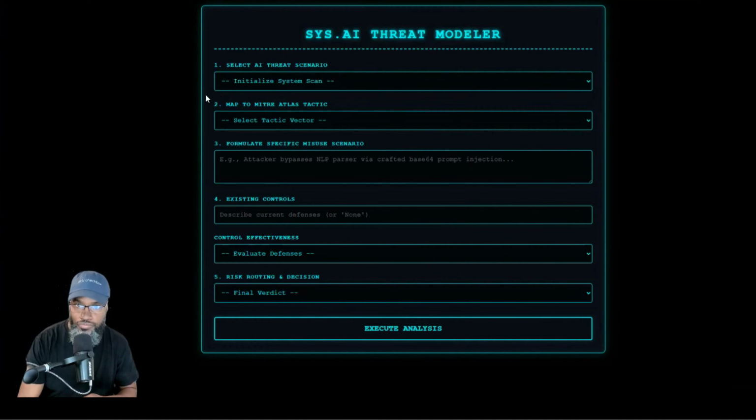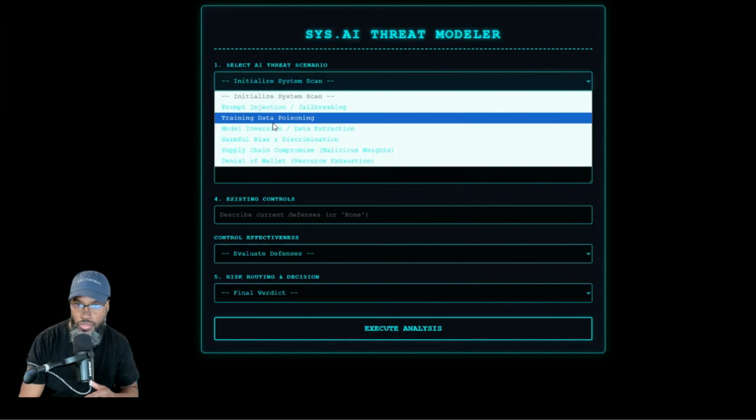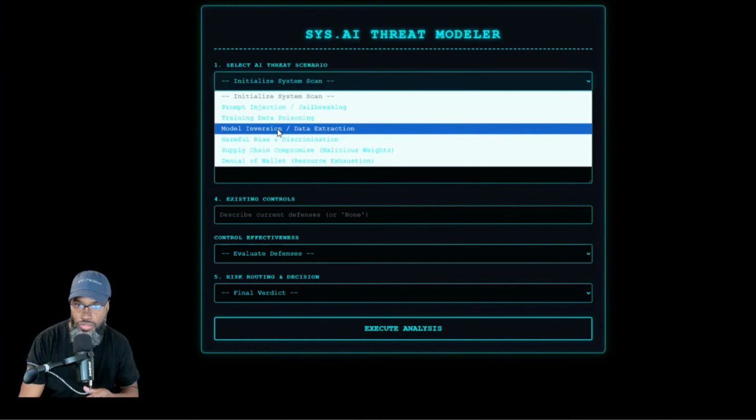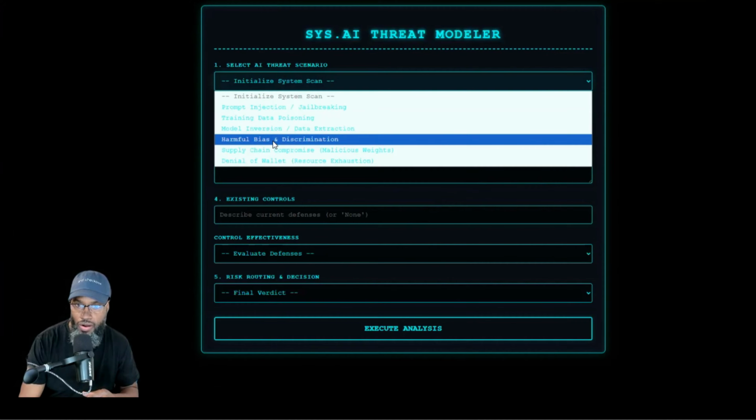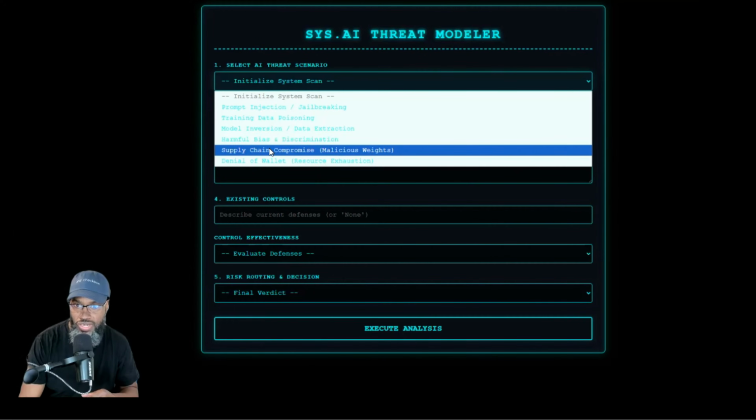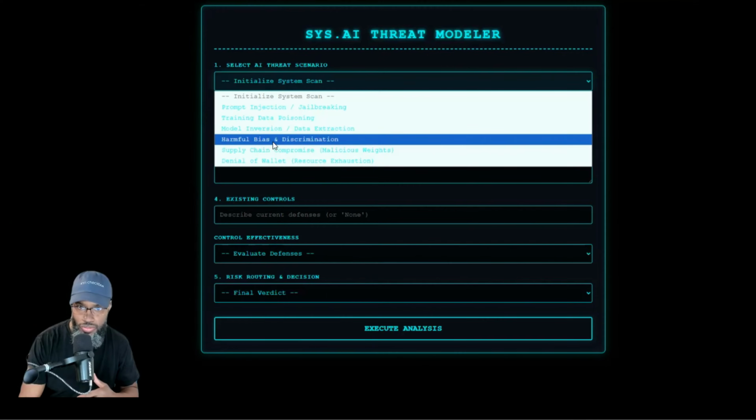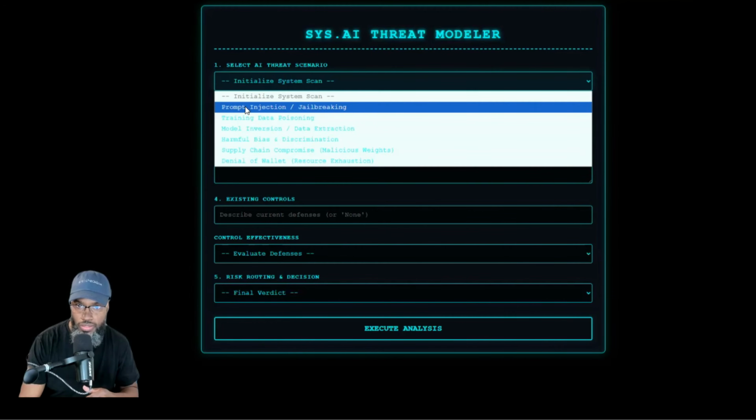So right here has a pretty nice interface, nothing too special. But right here, you start with your step one, select your AI threat scenario. So it has initial scan. We can see the other choices: prompt injection, model inversion, harmful bias and discrimination, supply chain compromise. So you see you have all the choices right here. I'm gonna go ahead and click